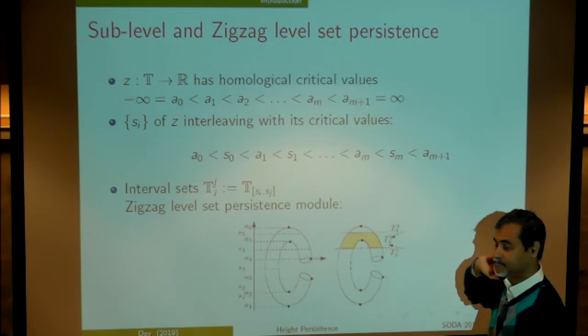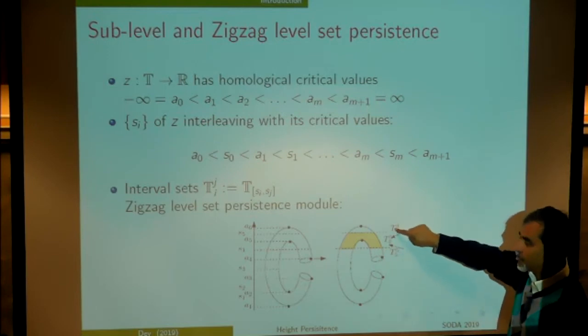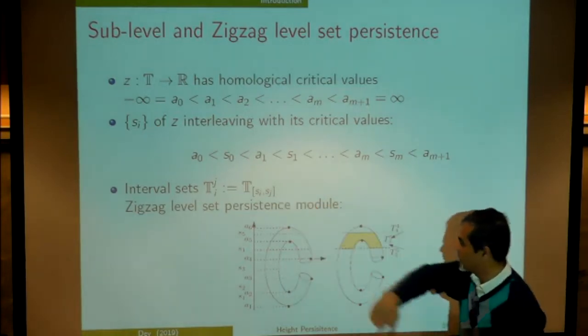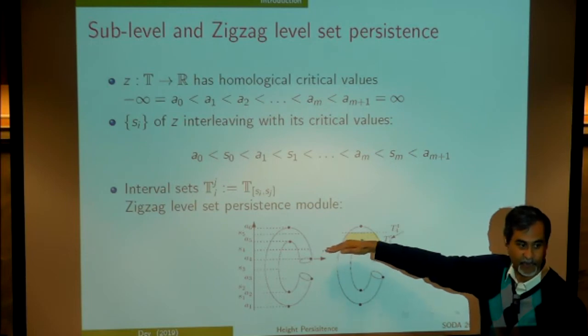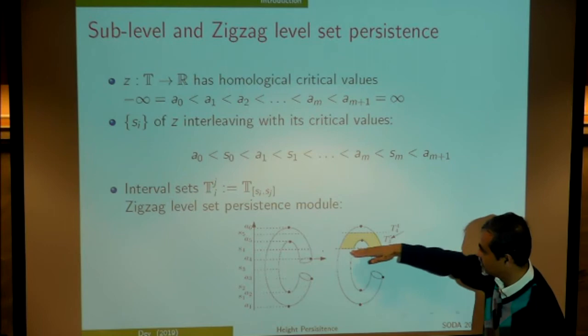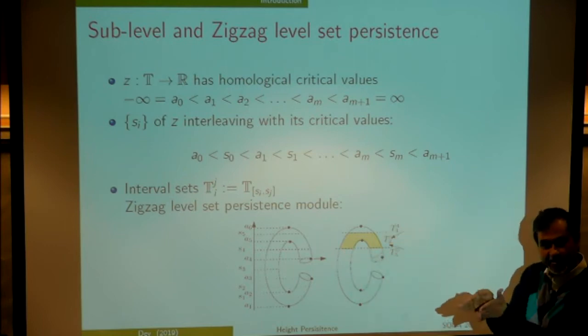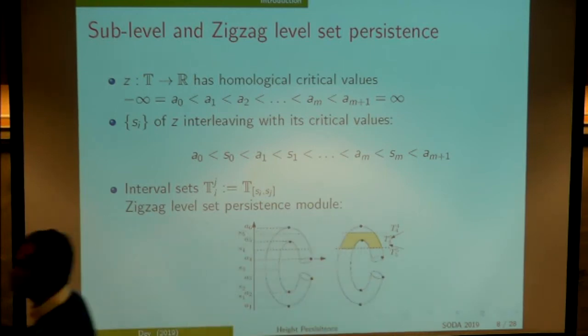This is the space. Now we can see that T_44, by definition, is nothing but the level set at value a4, and T_55 is the level set at a5. These two are included into the interval set. So through those inclusions I can now have a zigzag